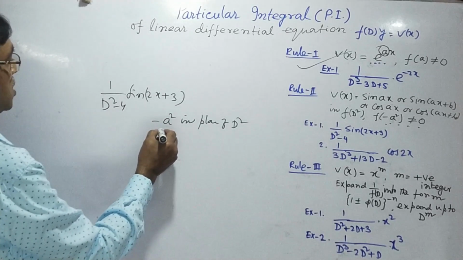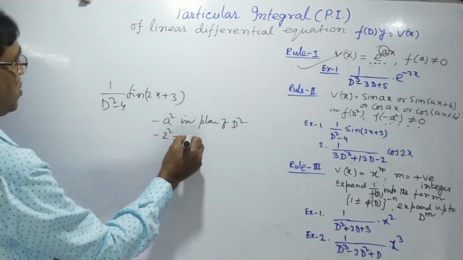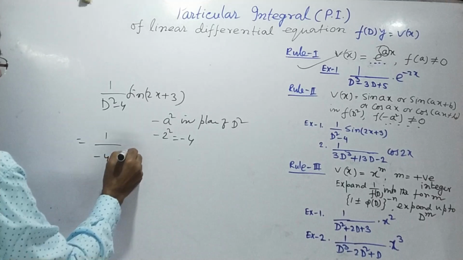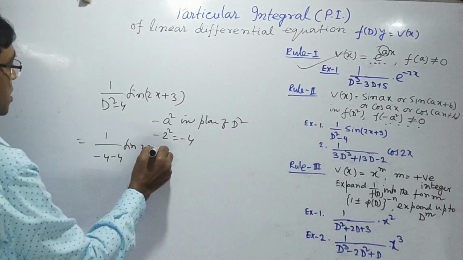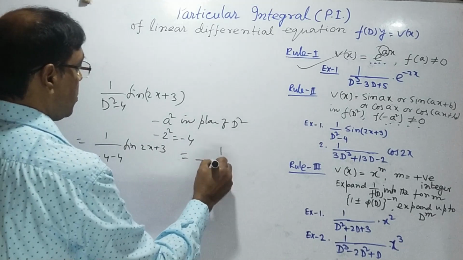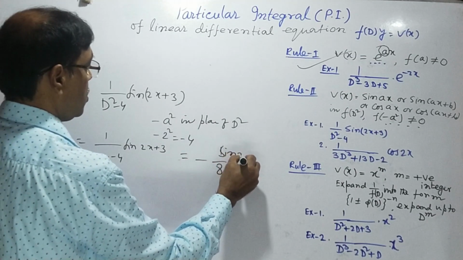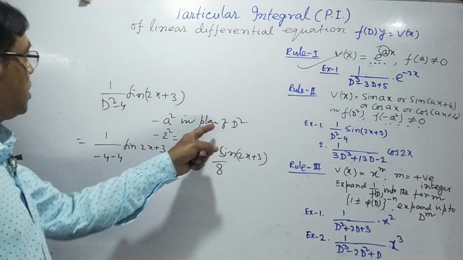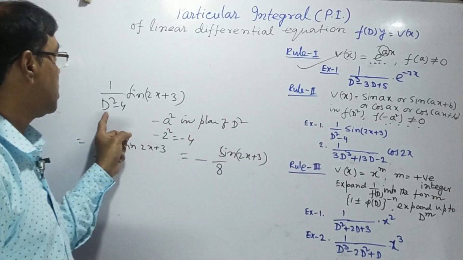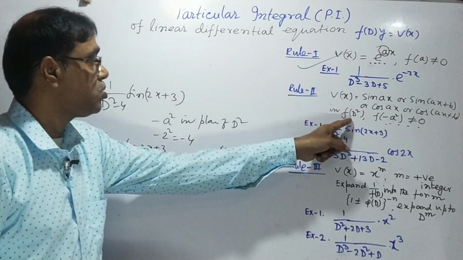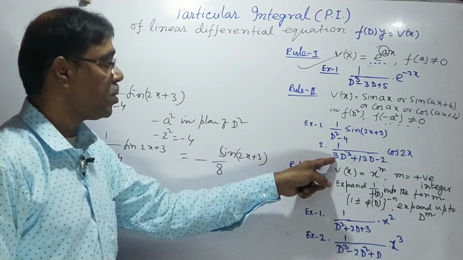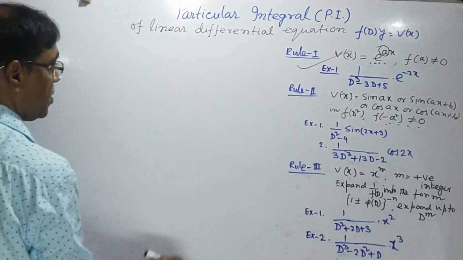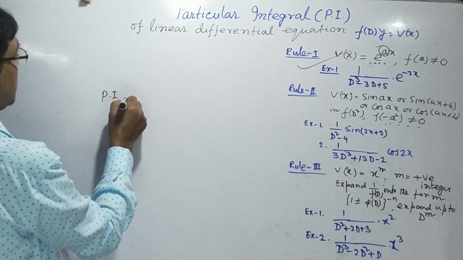Now therefore minus a square means minus 2 square, that is equal to minus 4. So this equals 1 by minus 4 sin of 2x plus 3, that is minus 1 by 8 sin of 2x plus 3. This is so easy. Just put minus a square in place of D square. If the function is of the form f of D square, that is example 1. If it is not a function of f of D square, that is example 2, in this case,